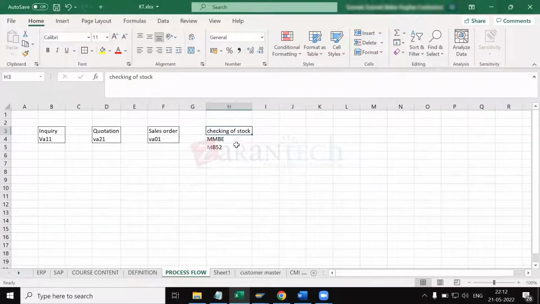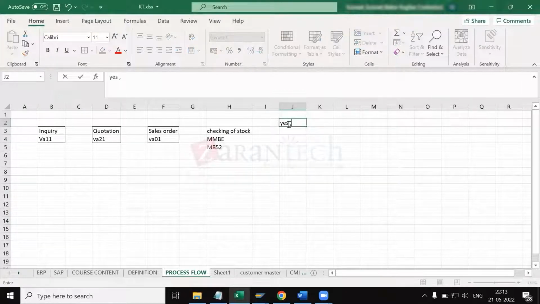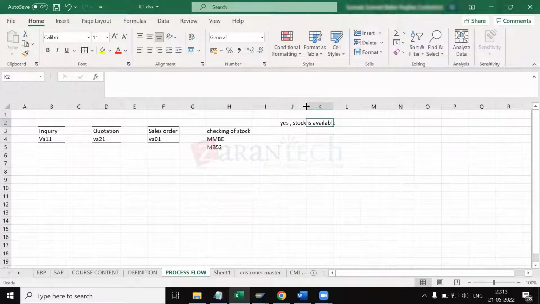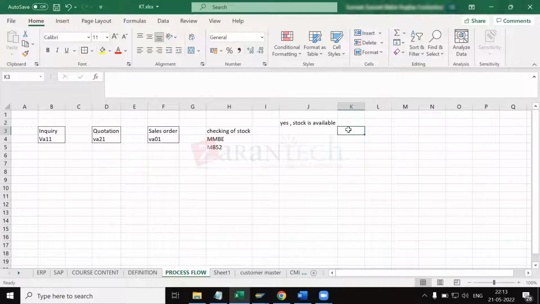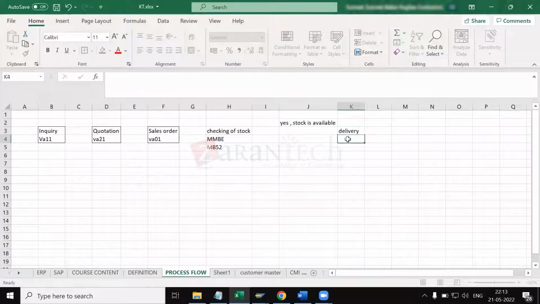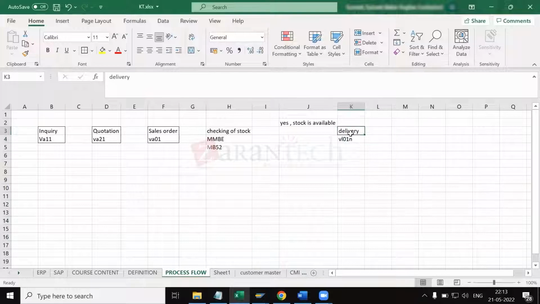Okay, let's take a simple scenario now. We have stock available with us. I will enter here, notation is yes, stock is available. So there is no doubt we will be doing delivery, right? Straight away delivery, which means we will be using the transaction VL01N to create a delivery with reference